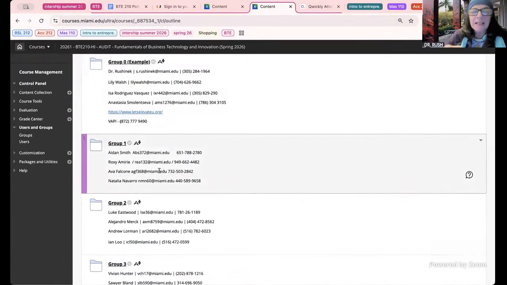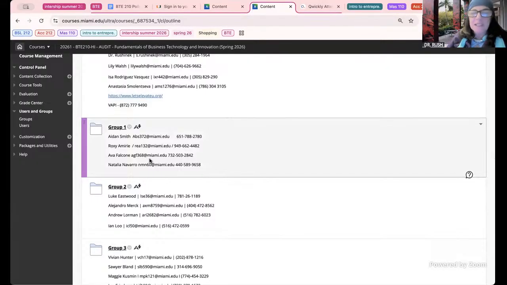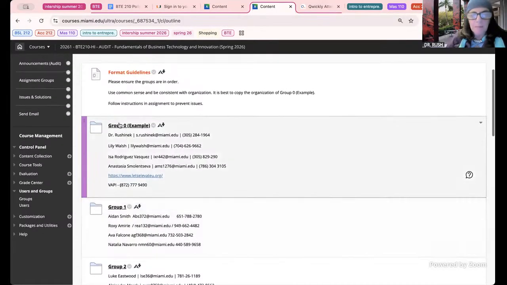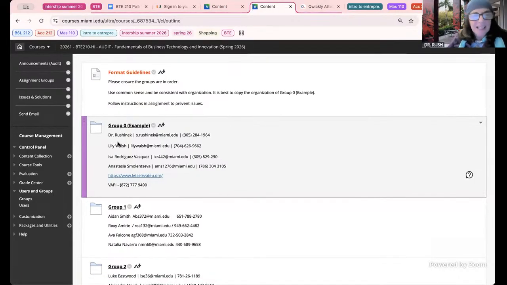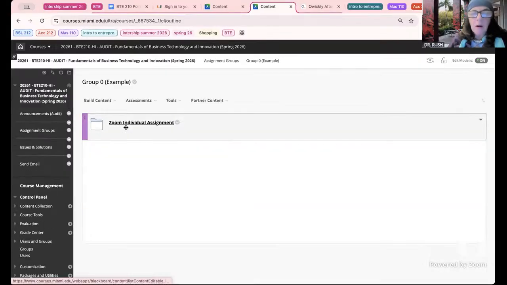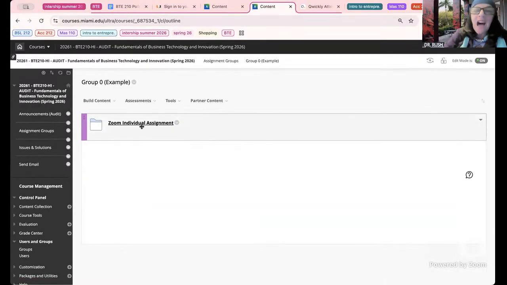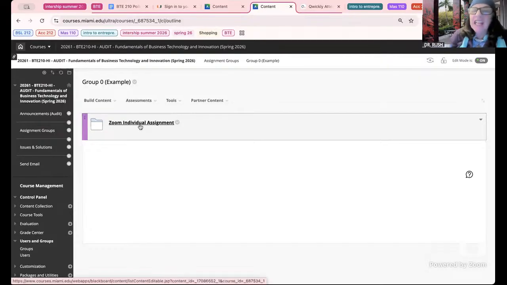And you can see, let's start with the first one. Group 0, go all the way up. Group 0 is myself, Lily, who is a lead teaching assistant, Isa, who is your teaching assistant, and Anastasia, who is a teaching assistant for another one of my sections. And if I go into group 0, there should be another folder, and check in your group if you